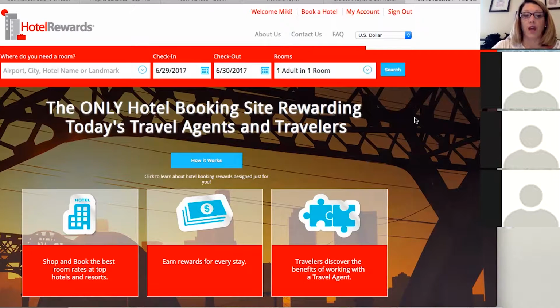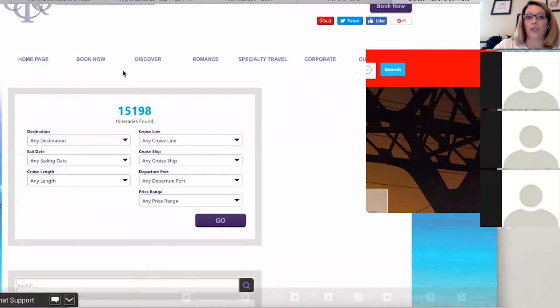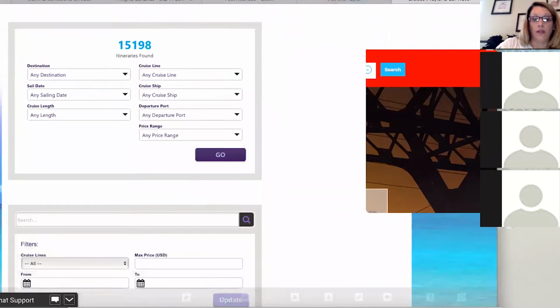Yes, I agree, Stuart. I book probably 90% or even 95% of all my hotels through this. The only reason why I wouldn't is if the hotel might be sold out, or if certain room type is definitely a must-have and it maybe is sold out on Hotel Rewards. But other than that, I use Hotel Rewards and the hotel booking tool for all of my hotel bookings. I do the same thing with the cruises now because I love all of the